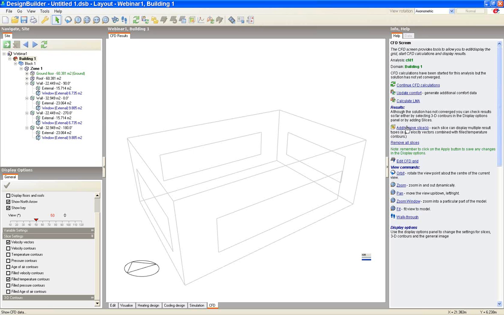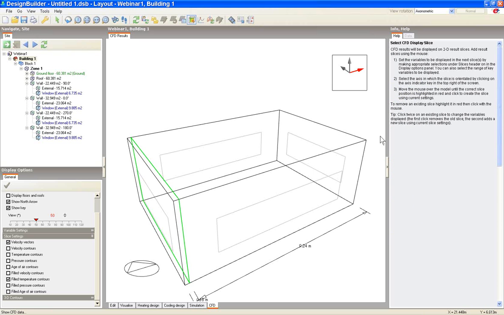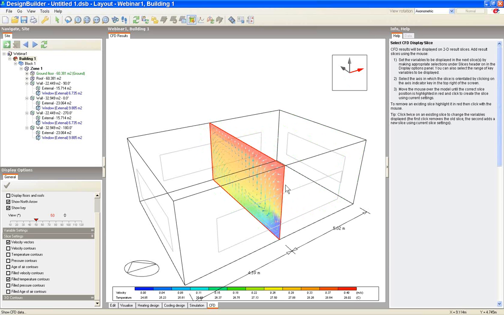So the way that I add that is I go to the Add Remove Slices here. And if I click on that, you'll now see that I have a green line that as I run across the model, hopefully you'll see it moving along, and I can then select a particular slice that I want to view. So what I'm going to do is take one particular slice, and all I do is I left click, and you can now see I've got some results,